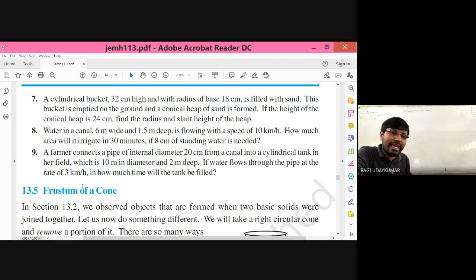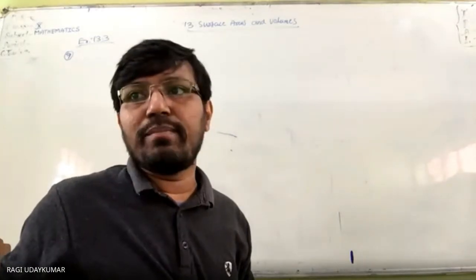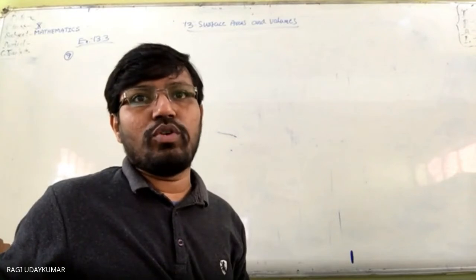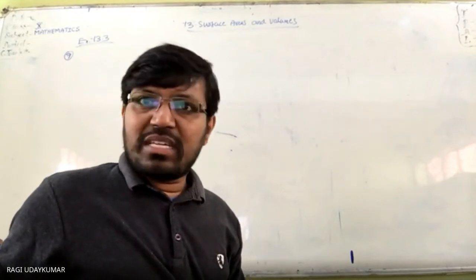In both the cases, L into B into H only. First case में canal dimensions L into B into H only, and even field L into B into H only. But here H is standing water length, and there H is the length, speed is given to you. Indirectly speed is given to you. So I'll explain to you the question with the solution properly because very important question. These two questions are important examination point of view. Okay. Question समझ में आया अभी?